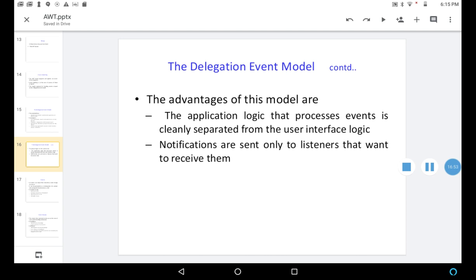So when any event occurs with the source, only those listeners that want to receive the notifications get them, so that they can react.